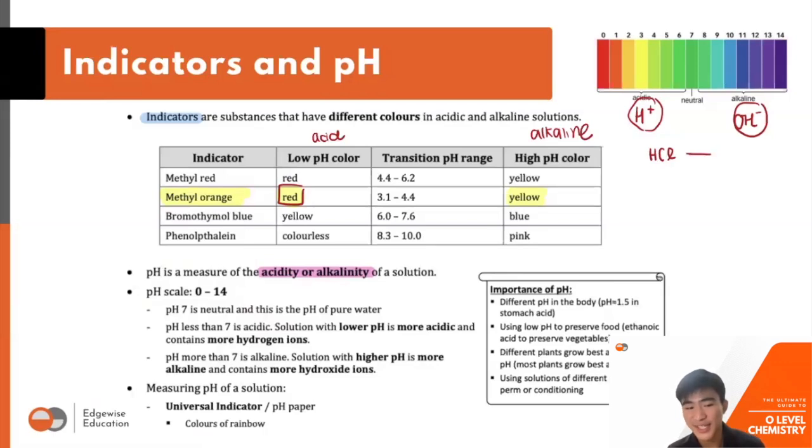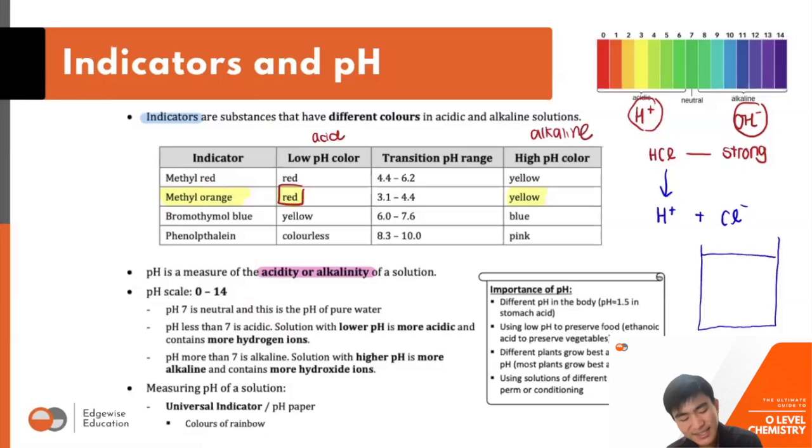Okay, very good. YJ, I see your answer. Valerie, I see your answer. Very good. It is a strong acid. Now, for a strong acid, based on whatever we discussed just now, they are going to dissociate to give us H plus and Cl minus. This is what everybody understands, right? But the more burning question is, since I got this H plus and Cl minus combination inside the solution,